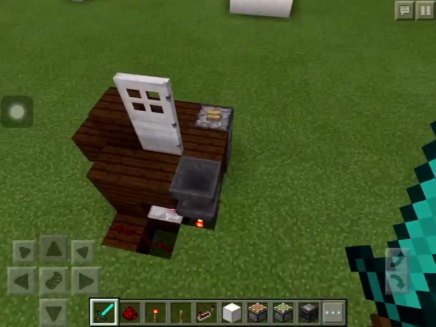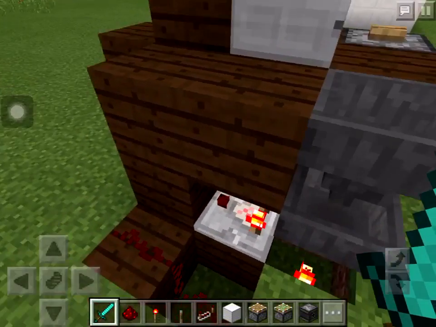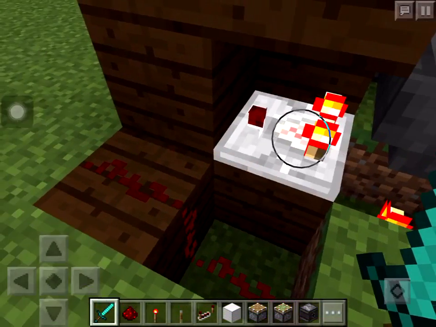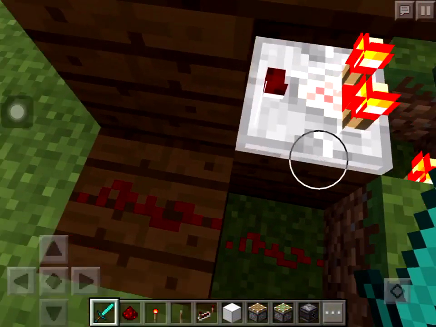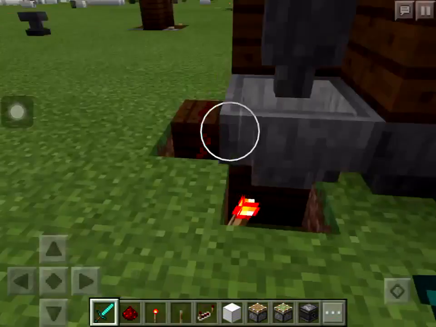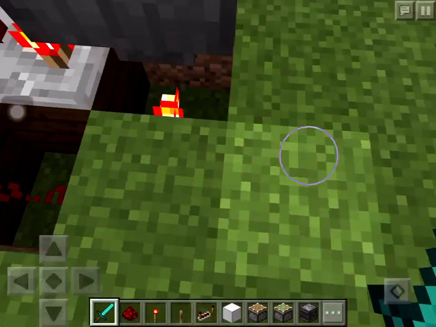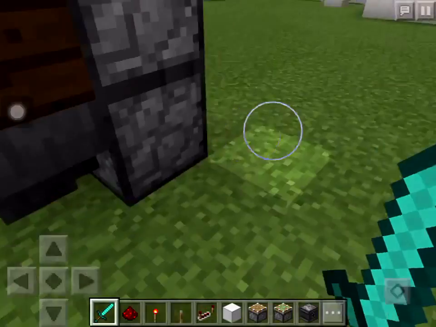So how it works is that you put the piece of paper in the hopper. Since it will be that same name, the comparator will realize that it's right now sending out a signal strength of 1. Now these items in the hopper should funnel into that dropper, but it won't because this torch is preventing it from doing so. So when it sends a signal strength of 2, this torch will be unpowered, the piece of paper will funnel